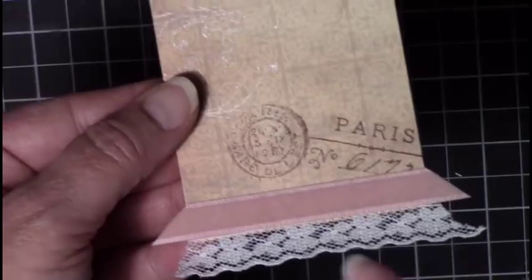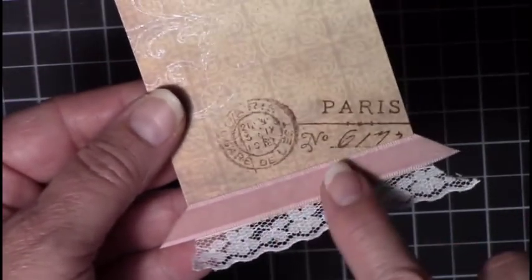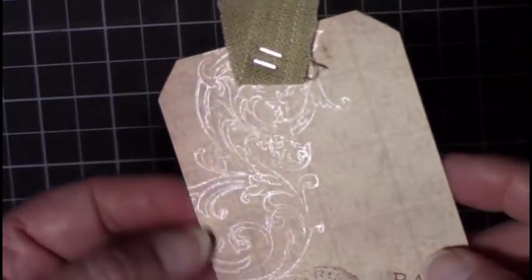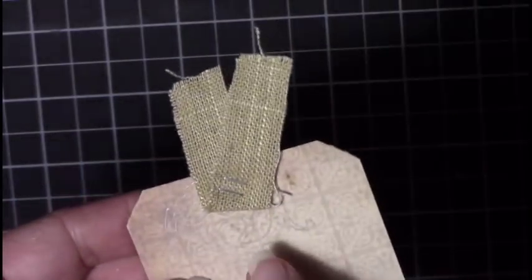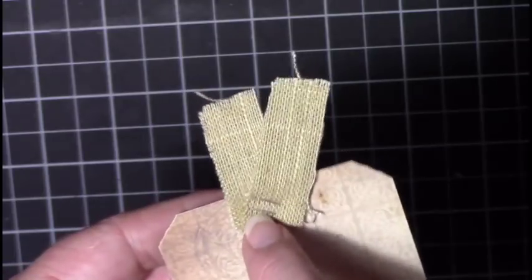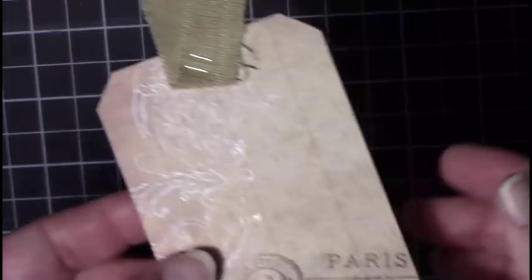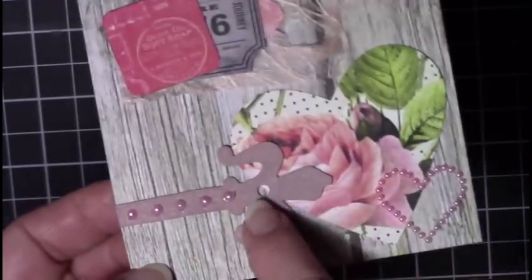This one, pretty straightforward and simple. Some lace, some velvet trim, some stamping. It's also got some stamping here in the metallic silver. A couple of the mini staplers, and then just a little piece of burlap linen. And this is the last one. So I've got that